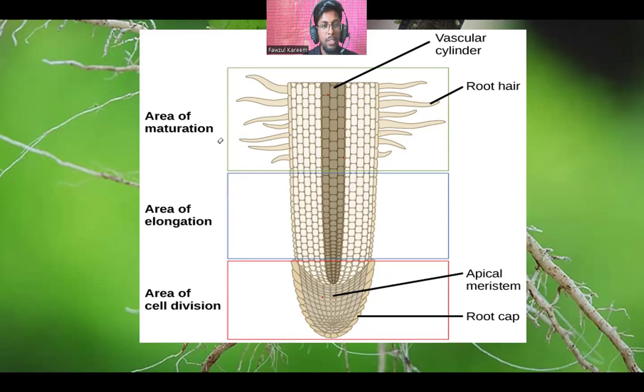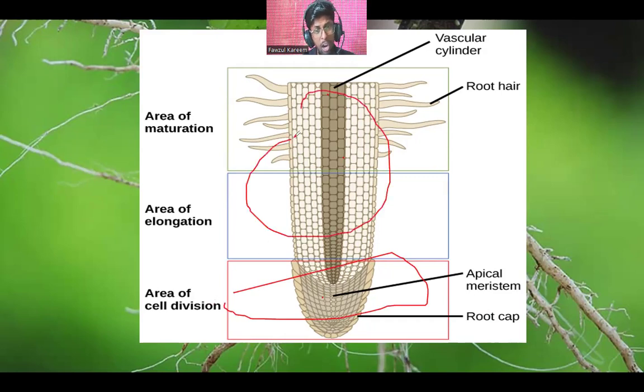Right. Okay. So here this area was soft. Why? Because new cells were produced at that point, and this area was hard because they have grown. They have become big.